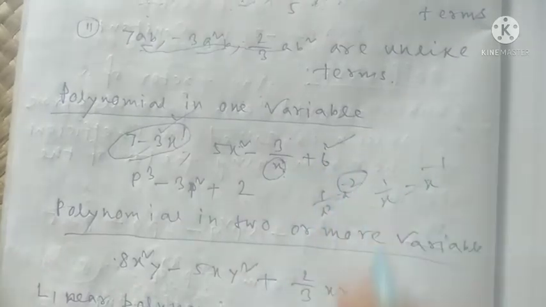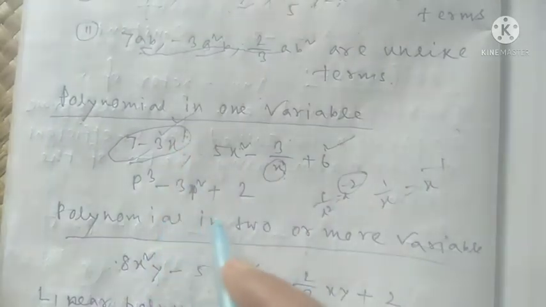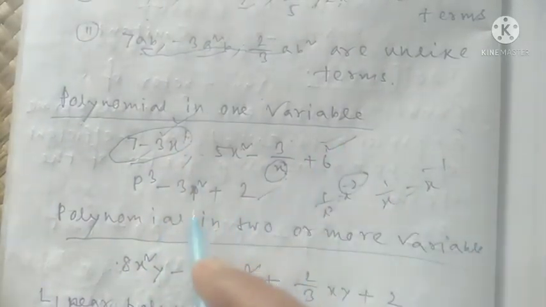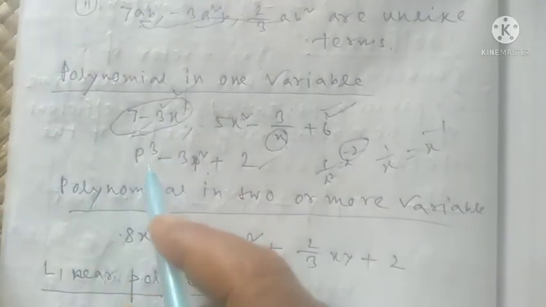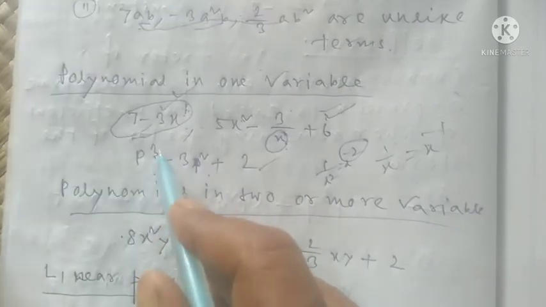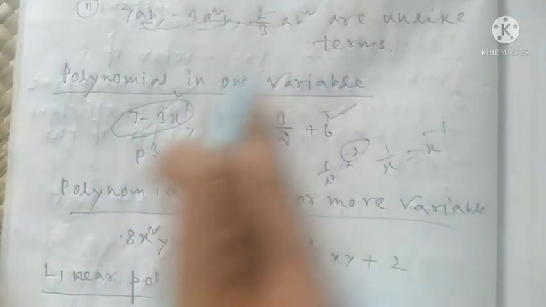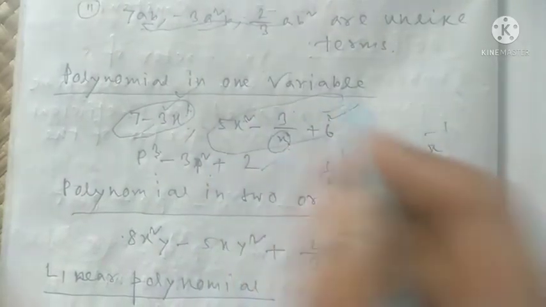So negative power means not a polynomial, but here the polynomial degree is 1, and it is also a polynomial. This is not a polynomial, but it is a polynomial. Okay, so for a polynomial, how much degree is there? This is a polynomial in the variable p and degree 3, because the highest power is 3. These are only one variable polynomials. Okay, these two algebraic expressions are polynomials, but one is not a polynomial.